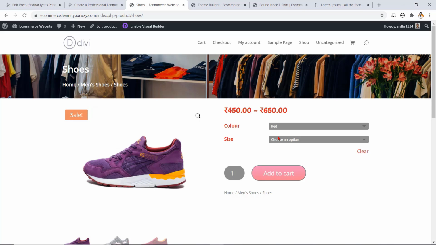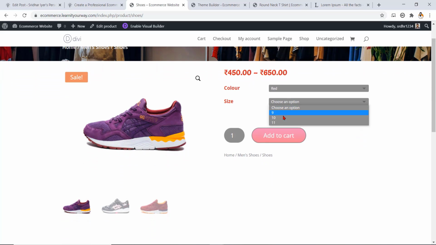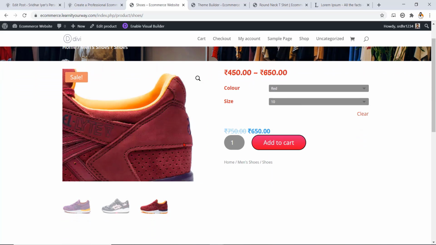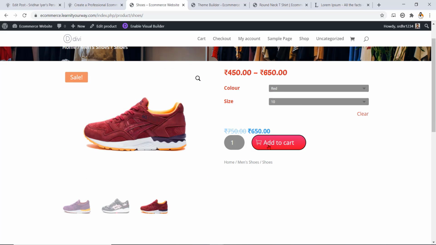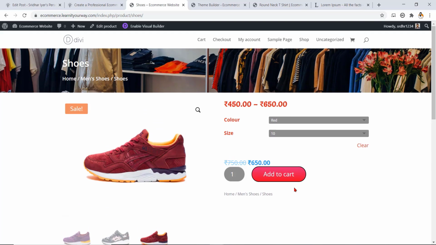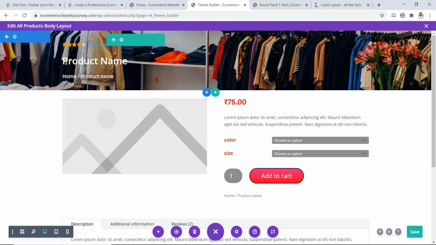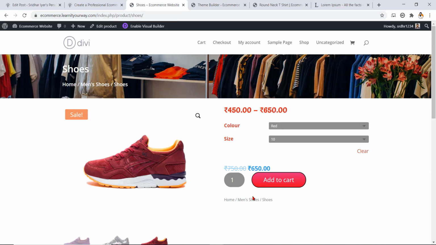So let me select one option, red, and the size could be 10. So I immediately get the image for a red shoe over here, and now add to cart. So this is looking much better and very similar to what we have right now over here. The only thing is we need this particular thing to be in any font other than this, because it's not